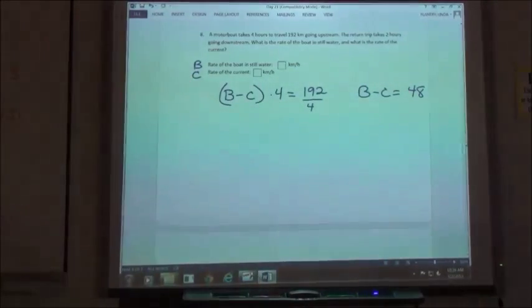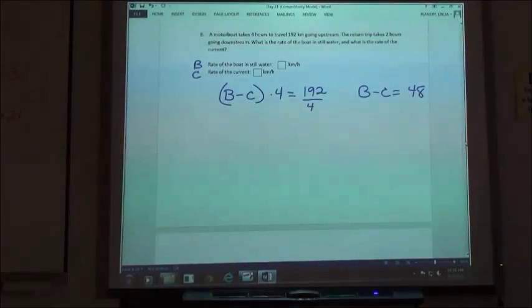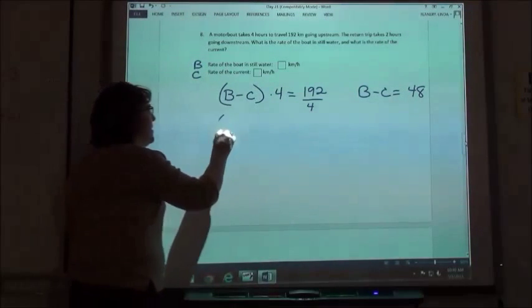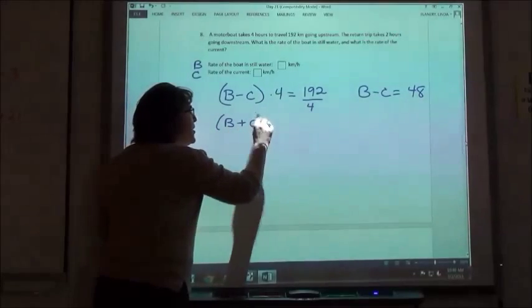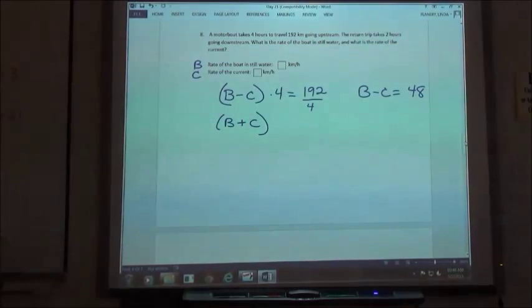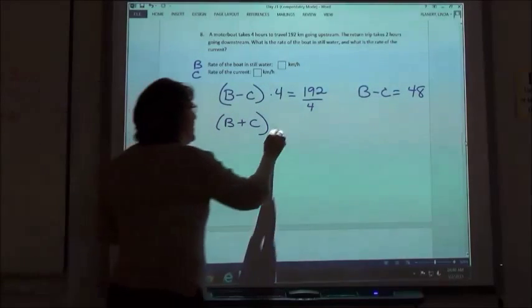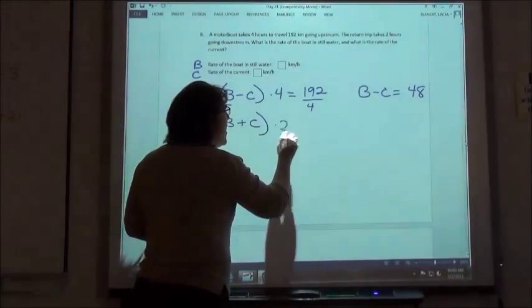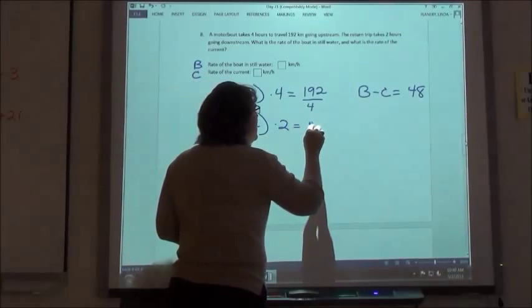My second equation, on my return trip, takes me 2 hours going downstream. So if I'm going downstream, am I going to go faster or slower? I'm going to add because I'm going faster, right? In theory, if I go downhill, I should be going faster than if I'm going uphill. This time my time is 2 hours and my distance is